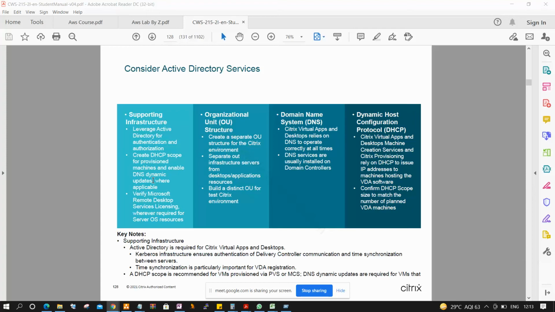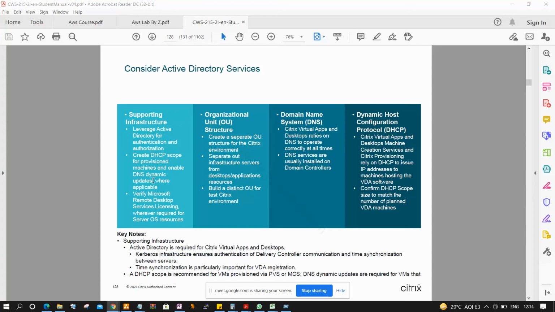And finally, we have to verify the Microsoft remote desktop licensing. Normally on every Windows machine, desktop or server, we are taking RDP, remote desktop connection. The remote desktop connection is based upon the licensing, so the licensing also we will discuss. That is very basic fundamental information. Every engineer should have that information very clearly before learning Citrix.